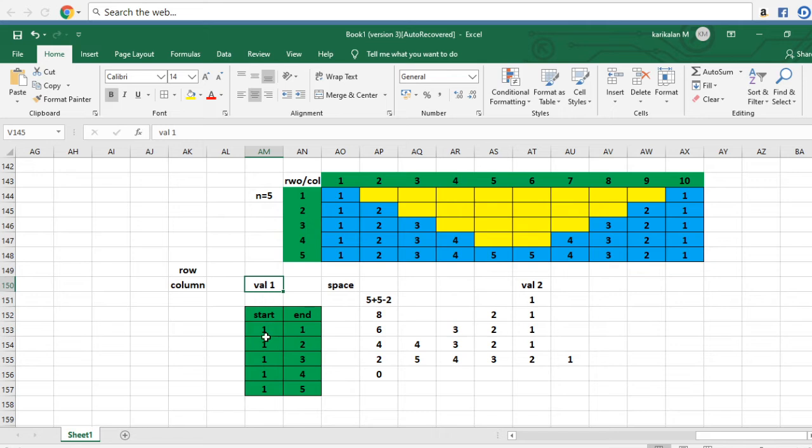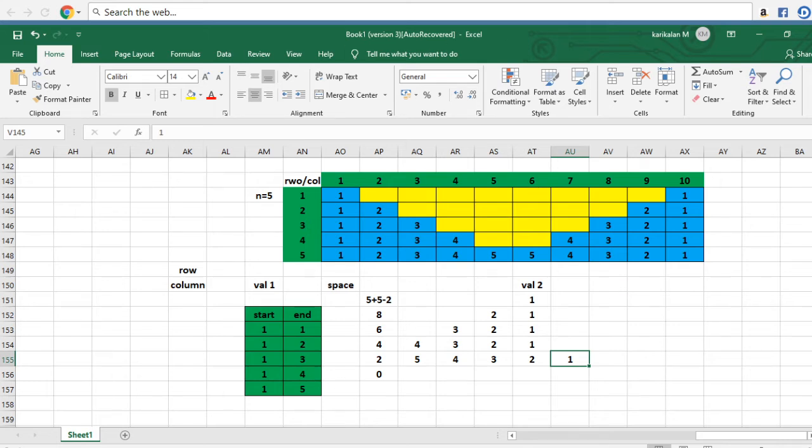So in your value 1, starting value is always 1. Ending value is equal to your row value. Your ending value and your row value are the same. Then the same thing, if you want to print value 2, take the starting value, print. Take the ending value, print, then take the ending value, print until we get 1. So if your ending value is 5, print 5, then decrement by 1 we get 4, then decrement by 1 we get 3, then decrement by 1 we get 2, then decrement by 1 we get 1. So we are going to print until we get 1, until we print your value 2.